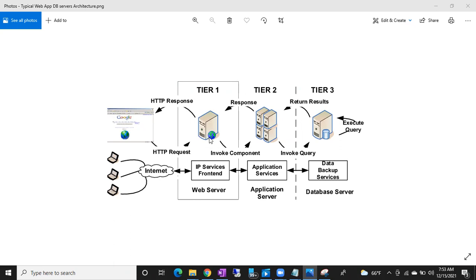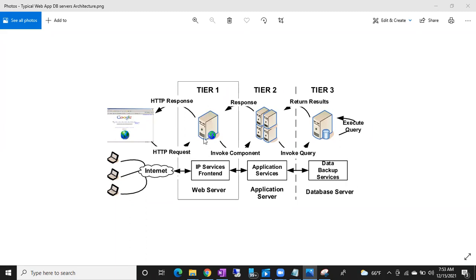But how many IP addresses can you remember to open a website? It's not possible, right? So each IP address is associated with one domain name, that is called your website address. The web server converts name into IP and IP address into name. So whenever you open www.flipkart.com, a request is sent to the Flipkart web server.